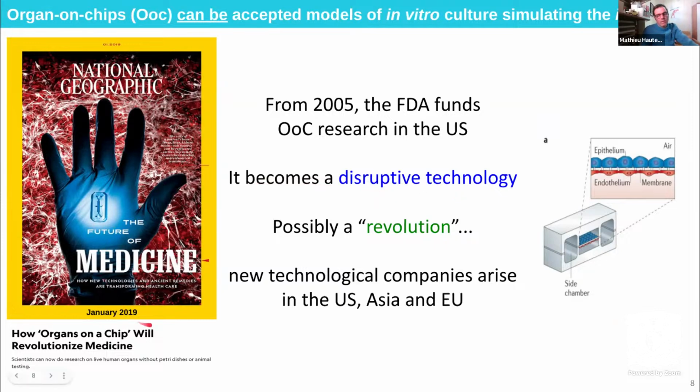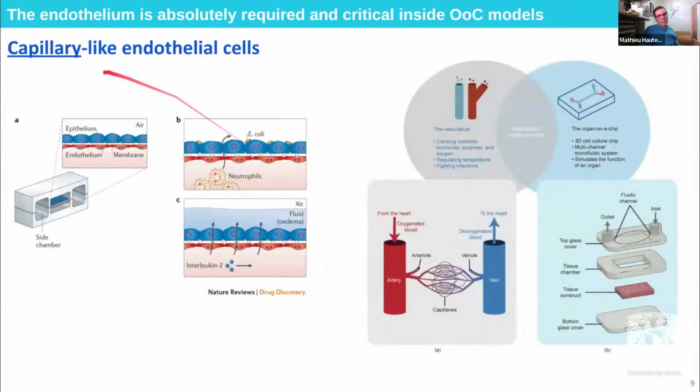I was happy to say, since in 2019, National Geographic helped us to tell our families what we were working on, because it was part of a very nice article where they said it's possibly a revolution in medicine. So you know about revolutions, they take time to actually settle, they take time to be a reality in our daily lives. But now we have technological companies in the US and Asia and Europe, probably now in Mexico too. The Lance Biolite is pushing for that. But really, they rely on a very important part that I will insist upon now, which is co-culturing of different